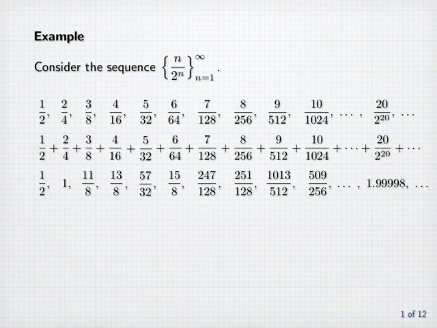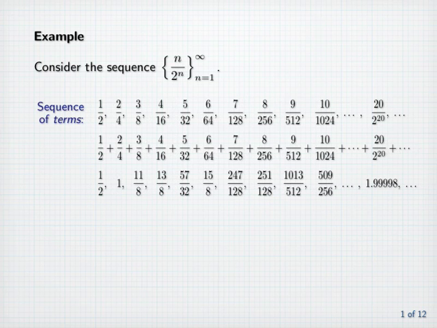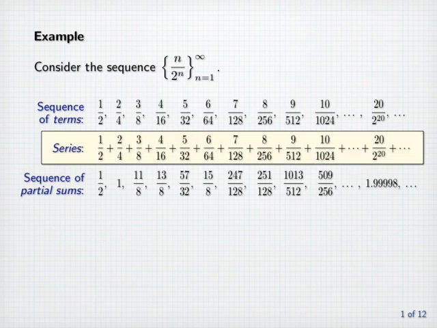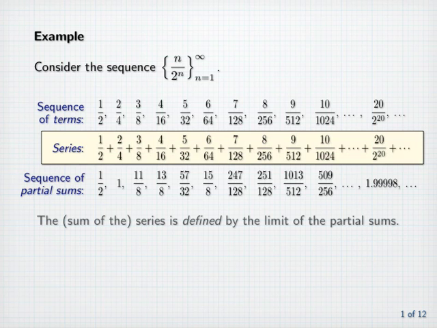So we've taken a sequence, which we'll refer to as a sequence of terms, and we've created a sequence of running totals, which we refer to as the corresponding sequence of partial sums. We can view the result of adding more and more terms as an infinite sum, which is called a series or infinite series. The sum of the series is defined by the limit of the partial sums. Here it appears that the sequence of partial sums is converging to 2, and if that's the case, the series